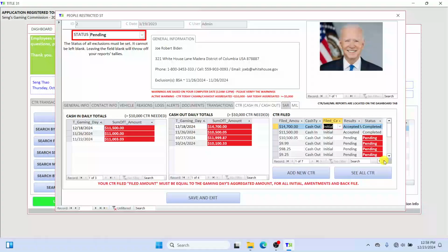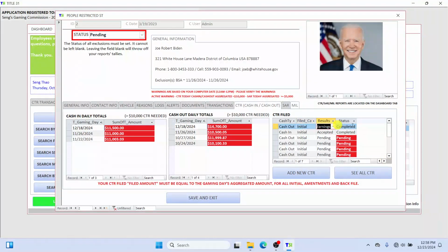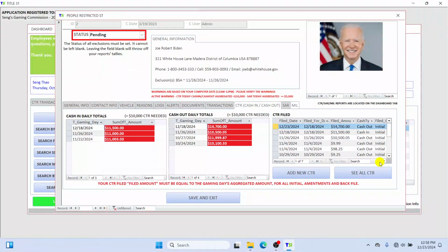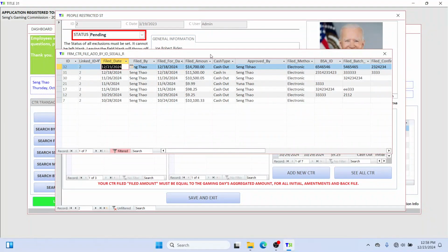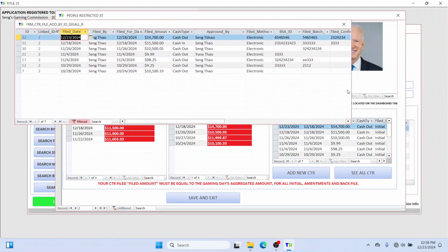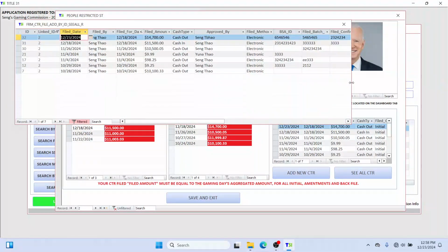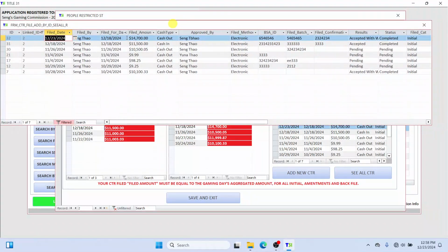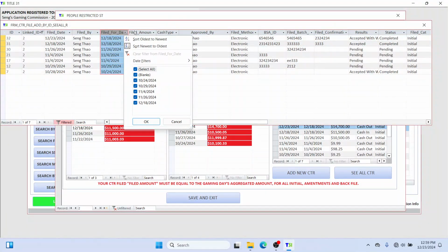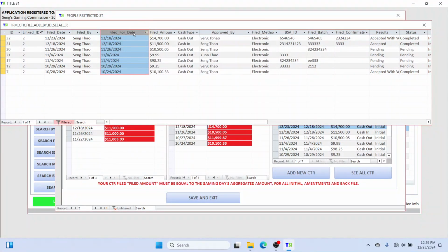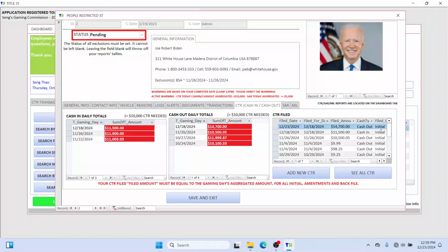If you tab over, you can see some of the other fields here: results, accepted, completed, and so forth. If I want to see all of this, I can click on see all CTRs, and then you can organize however you like. Our current view is organized by gaming date and file date. If we need to do another, say this particular filing wasn't accepted, we could click add new here,